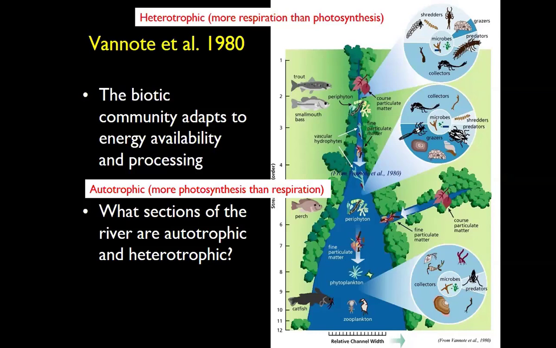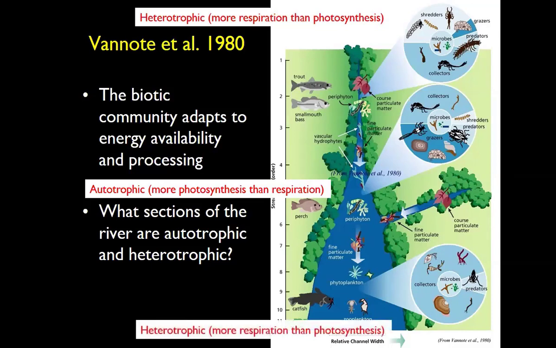So down here, we're going to have bacteria, fungi, all the same decomposers we have on land. They're breaking it all down here on the bottom of the stream. They are going to need oxygen to do that. So they're going to be burning up oxygen, respiring, and we're not going to have a whole lot of photosynthesis just because the water's murky, it's deep, there's sediment instead of nice flat rocks. So then when we get down to the bottom again, the downstream sections,